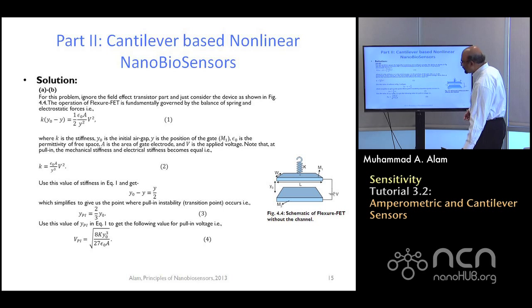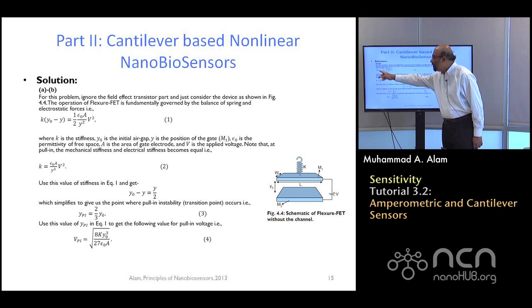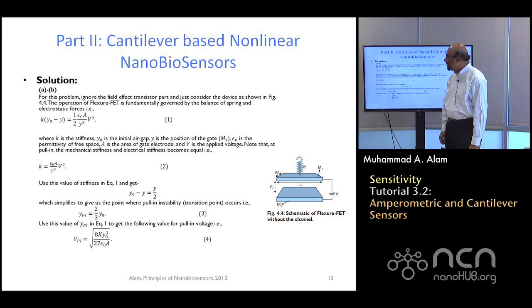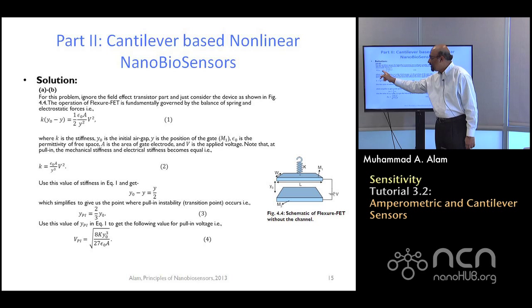So for example, this is the balancing between the spring force and the electrostatic force. So you can see that this is a cubic equation. That's fine. That's from the force balance. But the tangent requirement, that the tangent is equal, requires that we take a derivative of this, which gives you k, and derivative of this, which gives you minus y cubed. And so these two are equal. That's why the minus are gone. So you have k is equal to epsilon over y cubed v squared.